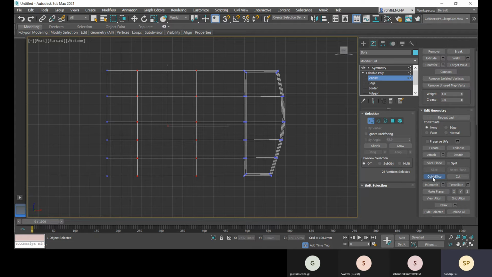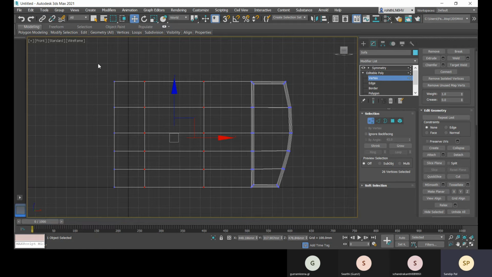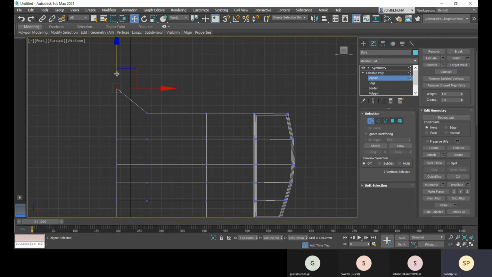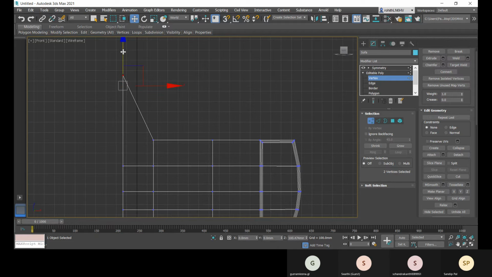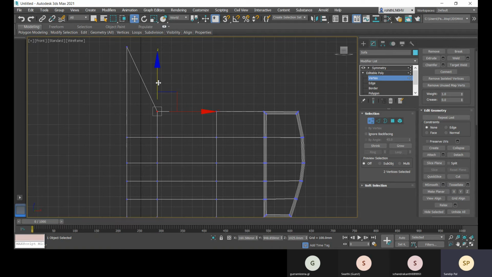Click, and then come to this quick slice. Now let me select this vertex. Let me move it up. Let me select this. Let me move it up.